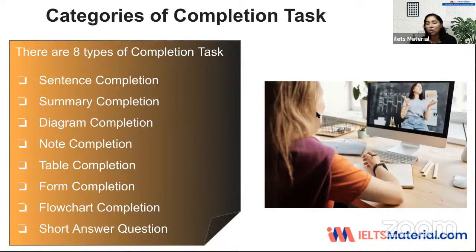Yes, exactly. So when you have no more than 2 words or a number, then that means you can write 1 word, you can write 2 words, or you can write only a number. You cannot take a combination. When you have and or a number, then you can take a combination of words and a number.